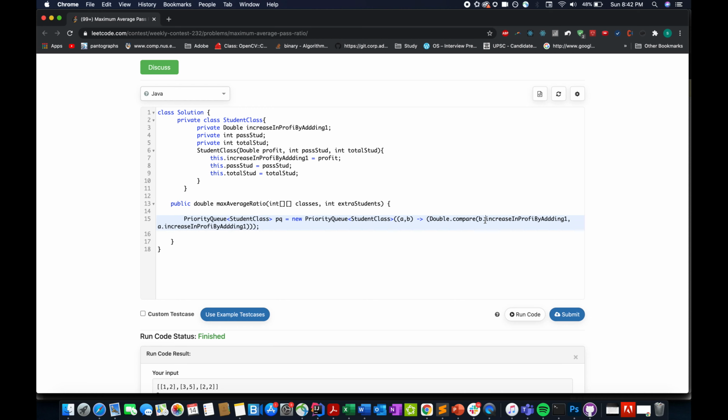So this is our governing factor, and let's iterate over the classes array.